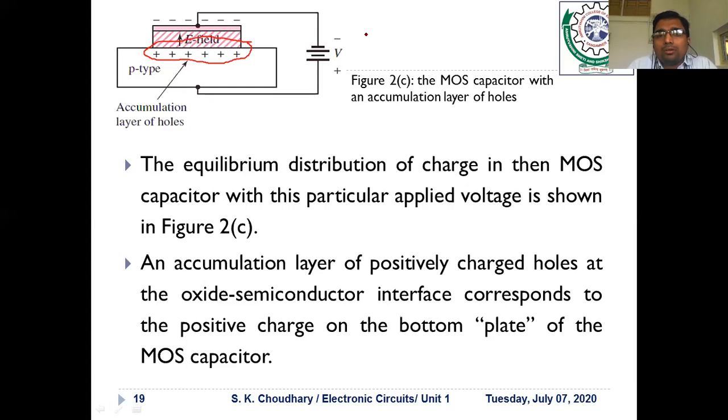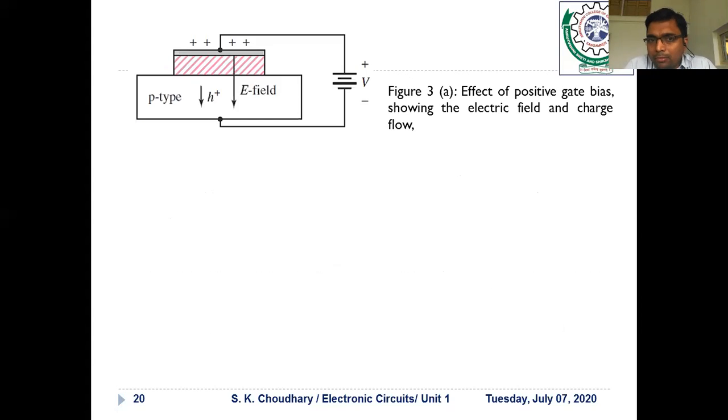Now, after that, what is going to happen? Now we would be seeing the next diagram. That was the accumulation. The second process is called the depletion layer creation. For that purpose, we have reversed the polarity of the voltage source.